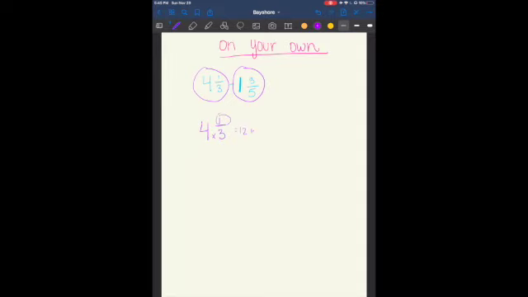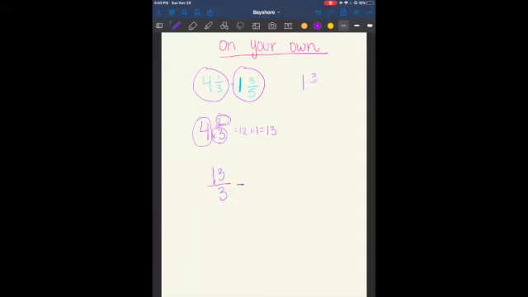Plus my numerator right here is 13. And we do this: whole number times denominator plus your numerator. So 4 times 3 is 12, plus 1 is 13. So I have 13 over 3 minus,